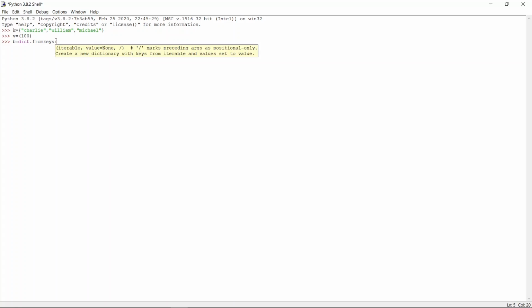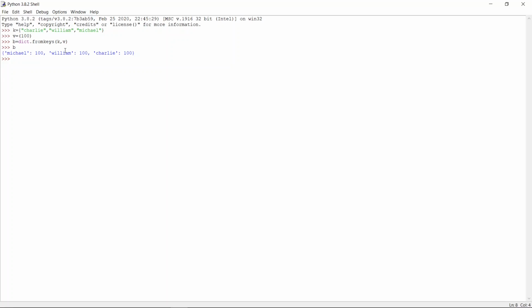I have to pass the key and the value. So the key is k and the value is v. I press enter and print b. It will create the dictionary, with the one value for each key.